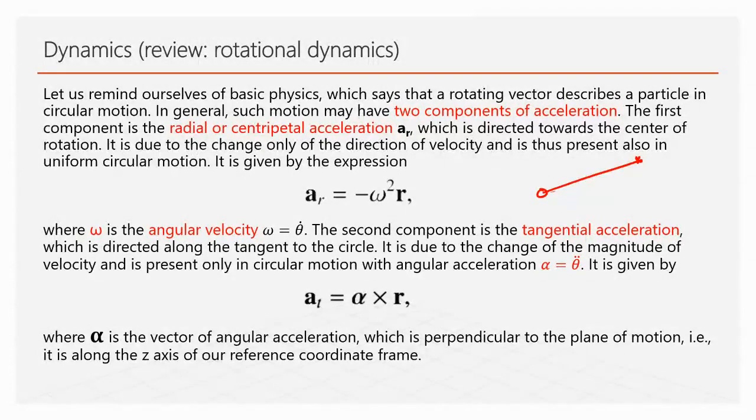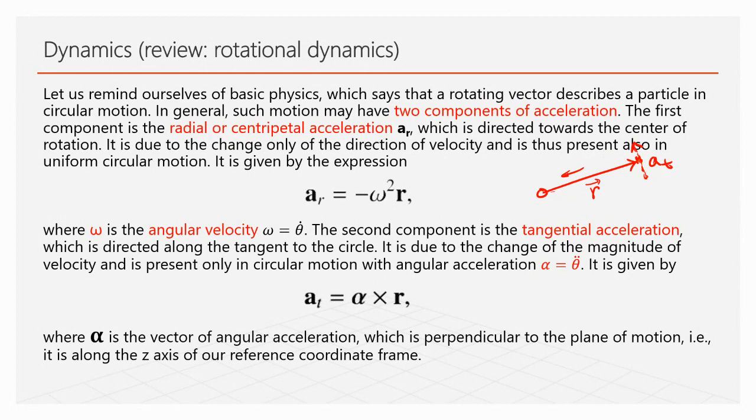One is an acceleration in the direction of the tangent, touching the end of the vector, whatever vector it is, like in our case, R. Okay, tangential, a_t. And the other one is radial or centrifugal,